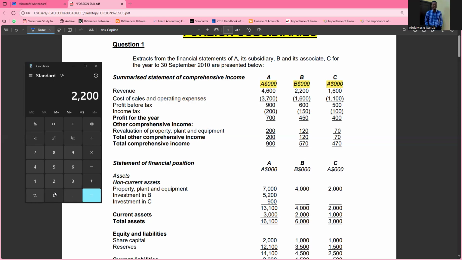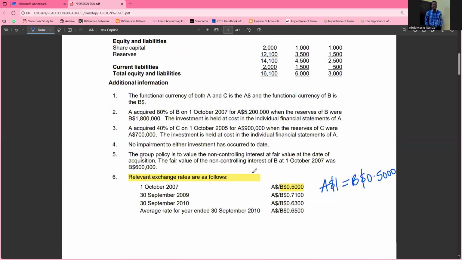So first of all, let's do something. This is P or L. And in the statement of profit or loss, you are going to translate it at average rate. Statement of profit or loss will be translated at what? At average rate. So what is the average rate? The average rate is